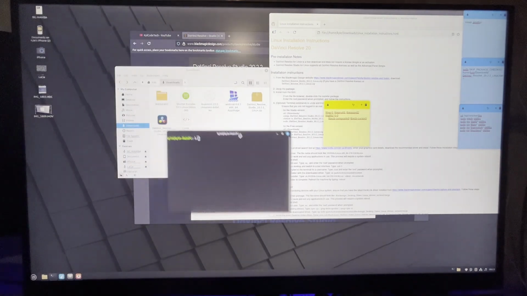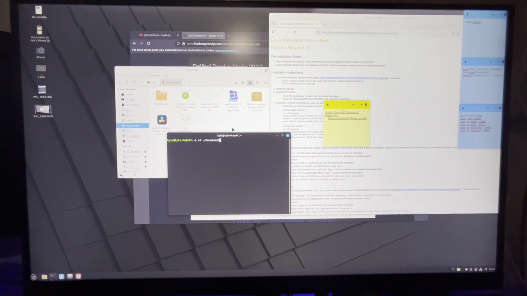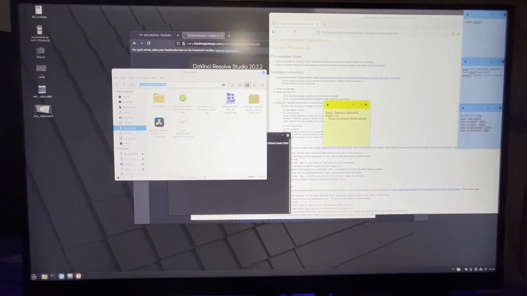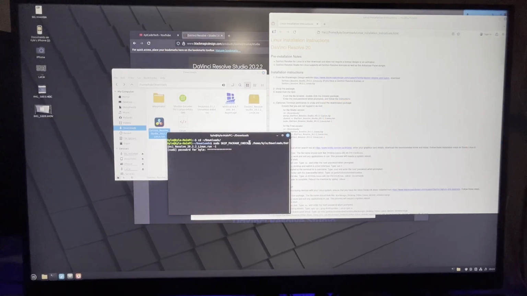Back here. Change directory. Downloads. Yeah, so sudo, skip package check, space. I should do it now. So we're skipping that package check, and then we're launching where it is. For me, if I go to the folder here, click this arrow, it tells you it's /home/Kyle/downloads, and then the name of the file. So we put skip package check equals 1, and then the location of the file, which is /home/Kyle/downloads, and then the name of the file, which is DaVinci Resolve Studio. I should put